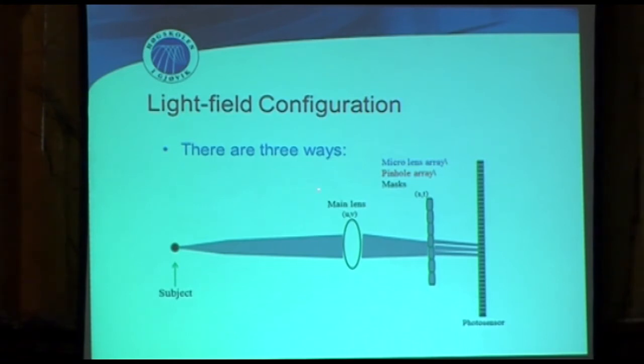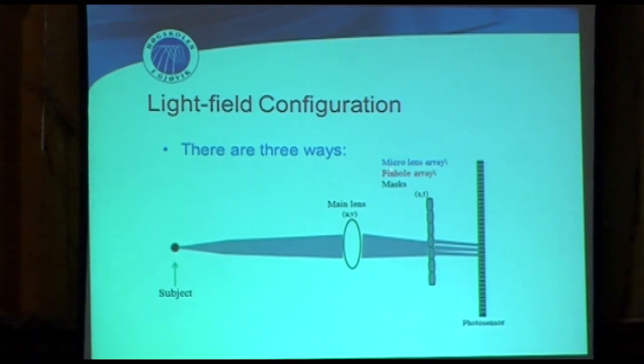There are 3 different well-established configurations. The main idea is to introduce either a strip of micro lenses, or a pinhole array, or a mask. The idea of introducing this particular lenslet or the strip of micro lenses is to divide all the incoming rays originating from the main lens in terms of angle, so that they will fall on the photosensor. Among these 3 different combinations available today, the most widely used configuration is the